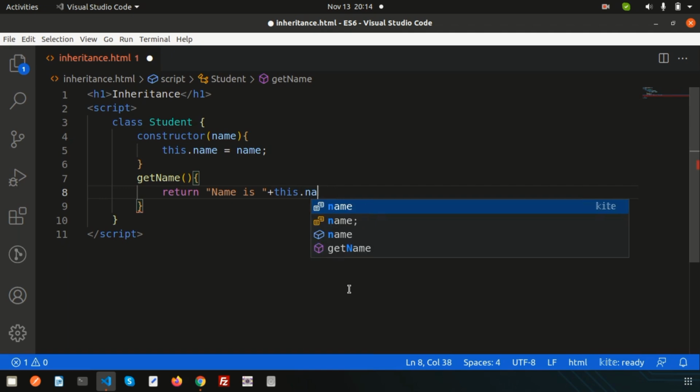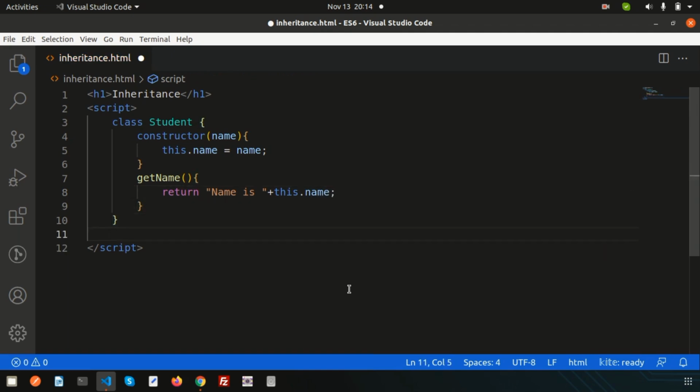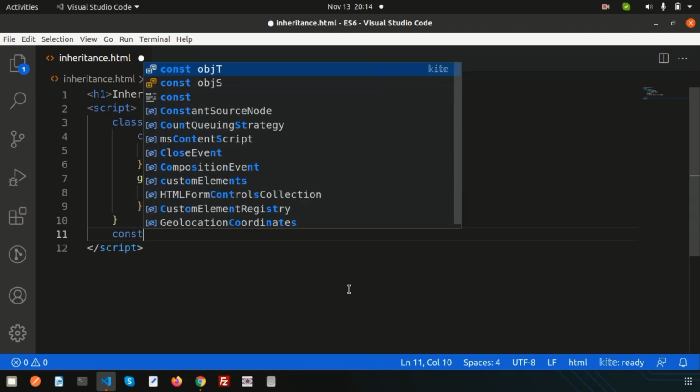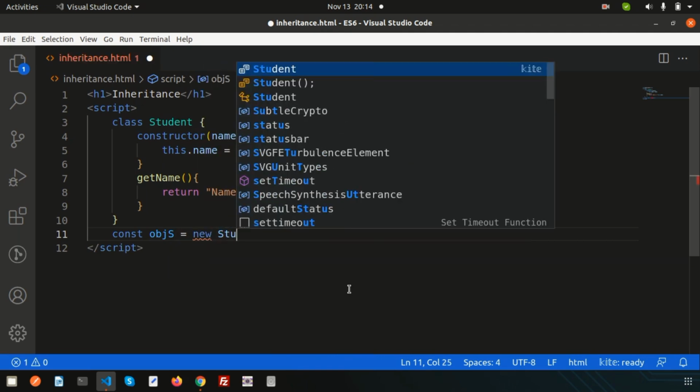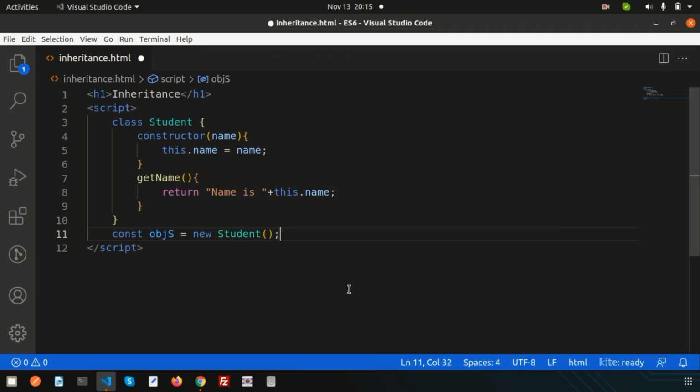Now let's create an object of this student class and see what we get. Create a constant object for the student, use new, use Student,